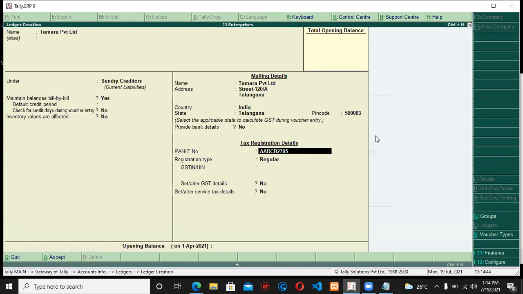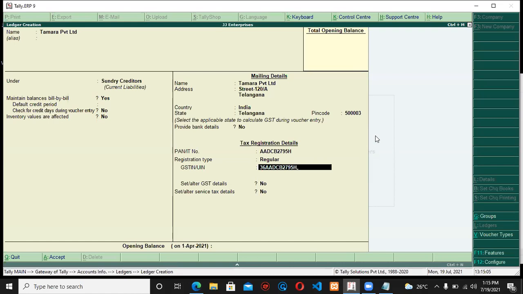Okay, one more character is needed for this. I'll say H. Okay, fine. So I gave that. It's about a regular dealer. Now 36 is the state code, then AADCB2795H.